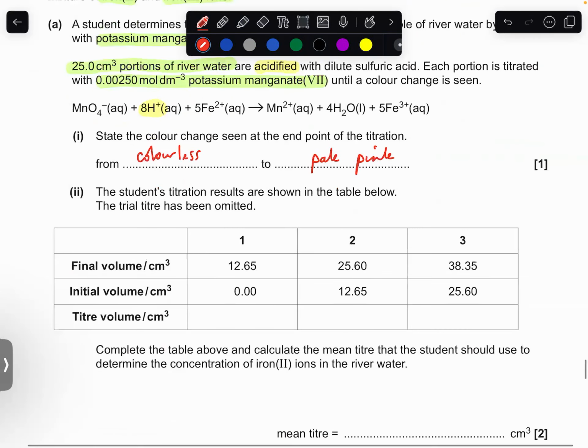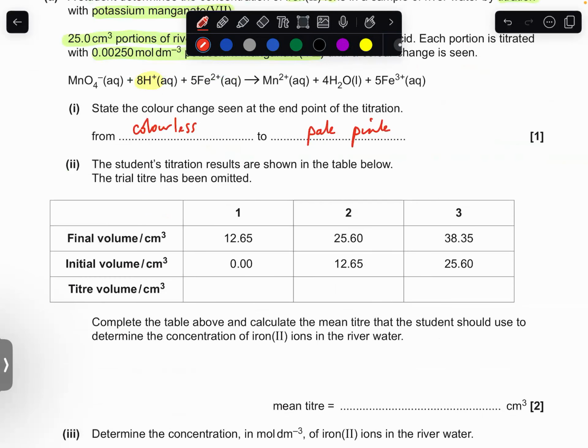Now, it's asking us to work out the volume used in the titration, and it wants us to work out the mean titre for the 2 marks. So the first one, the volume, final takeaway initial, 12.65. The other one I'll have to use a calculator, 25.60 minus 12.65, 12.95. And the last one,